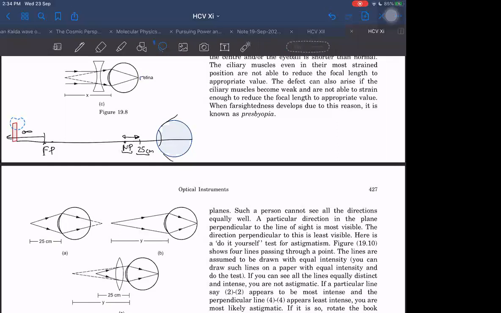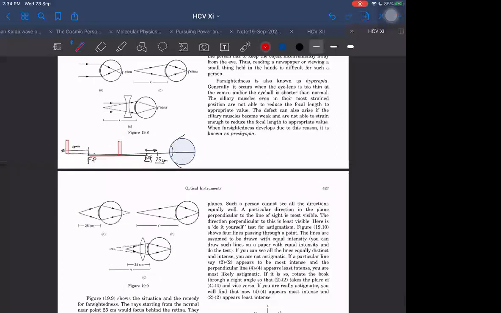I will just form its image here somewhere. And if I am able to form its image here, then okay, job is done. I can see it. So I cannot bring this object here, but I can form its image at a location where I can see, between the far point and the near point. So all I have to do is bring its image to this place. To do that, I should be able to see all the objects lying between infinity and the far point. Then the one which is at infinity, its image I should form at the far point.